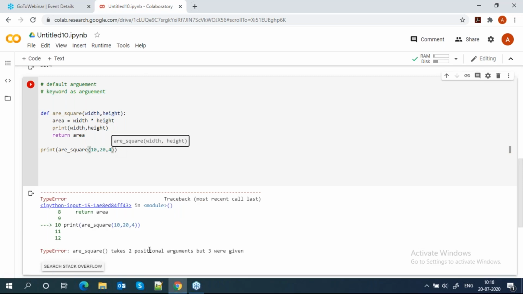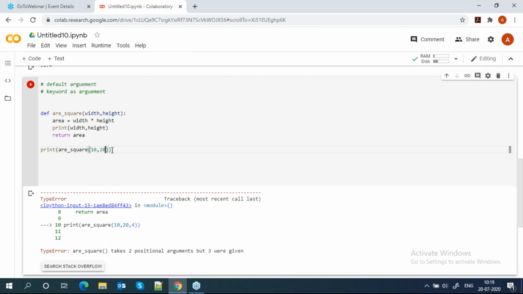It takes 2 positional arguments, but 3 were given. So this also gives you the error. While calling a function, whatever the number of arguments we defined, we need to pass that many. If I define 2 arguments, I need to pass 2, not 3, not 1. You need to pass only 2 arguments.